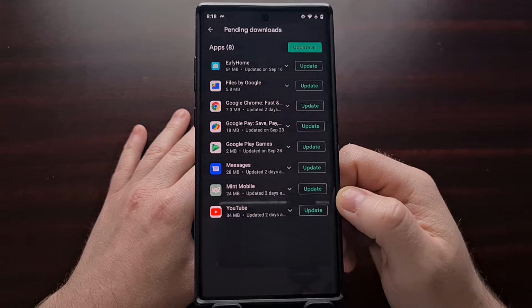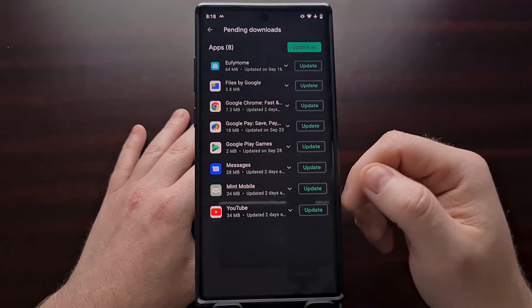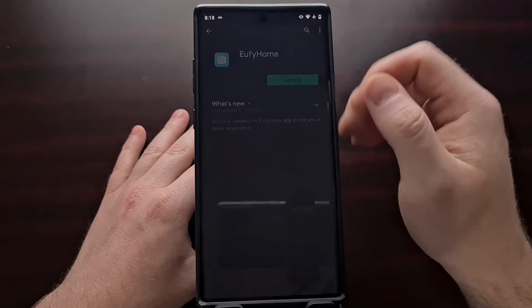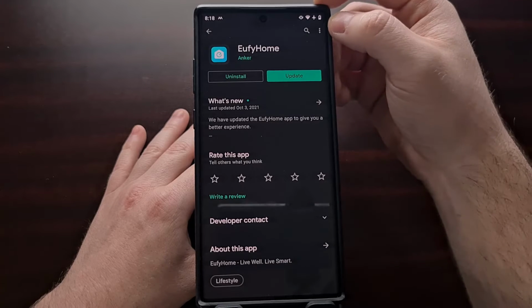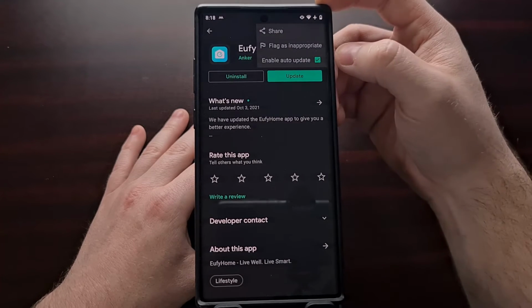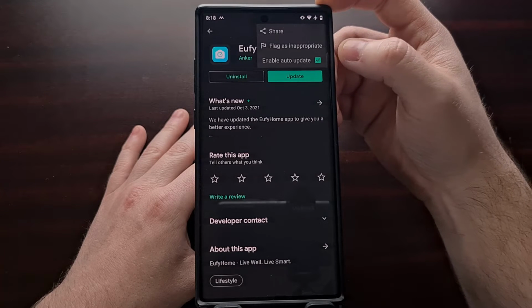So the first thing I recommend you do is go to the Play Store, and if you notice some of your applications are not updating automatically, go ahead and tap them. Go to the Google Play Store page for that app. Then tap the three-dot menu at the top right and make sure the Enable Auto Update option has a check